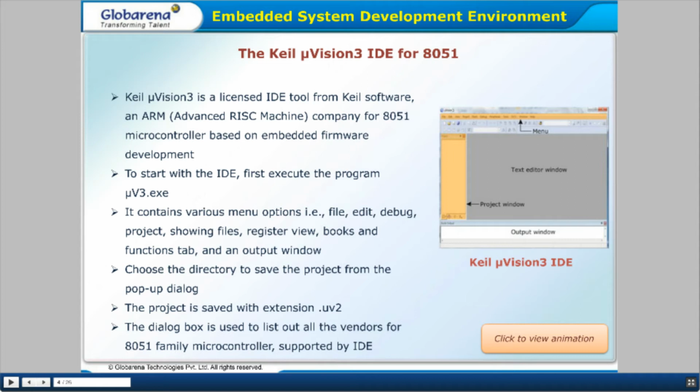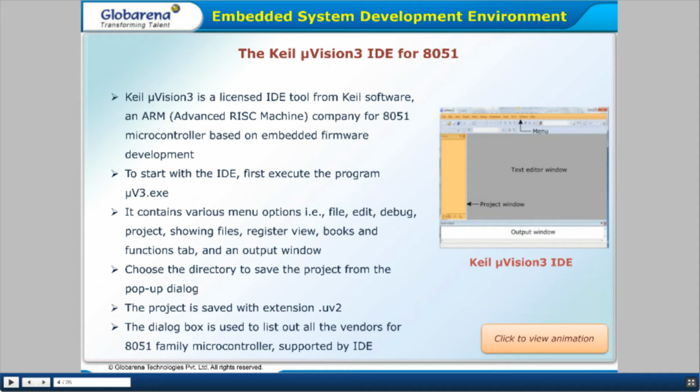And the dialog box is used to list out all the vendors for the 8051 family microcontroller supported by the IDE.